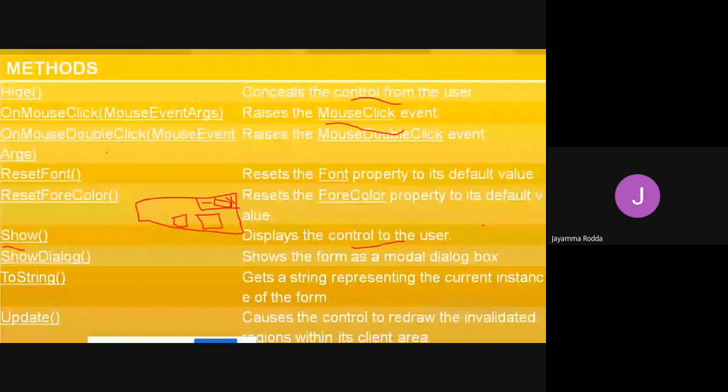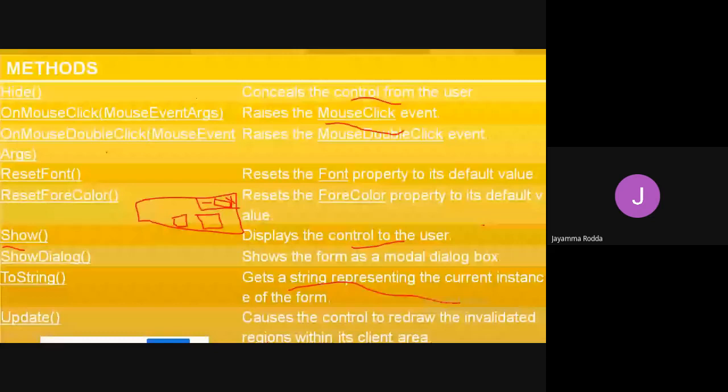Next, toString is a method to get a string representing the current instance. Whatever the content is, in order to convert it into a string, we will use toString. Next, update. Update causes the control to redraw the invalidated regions within the client area.